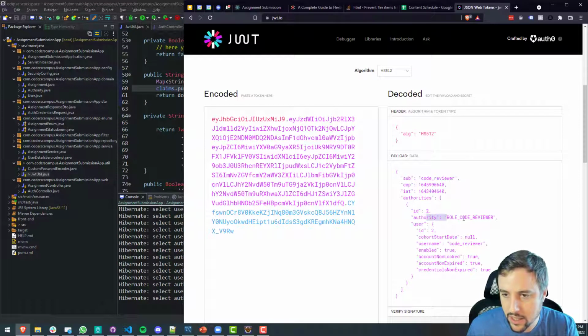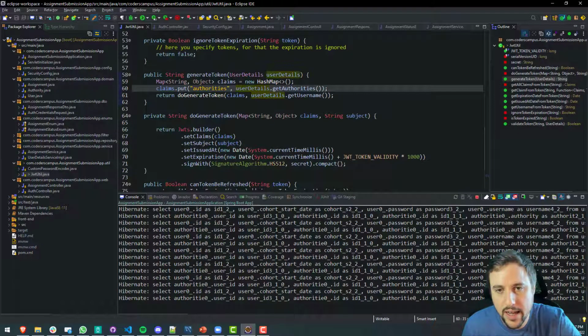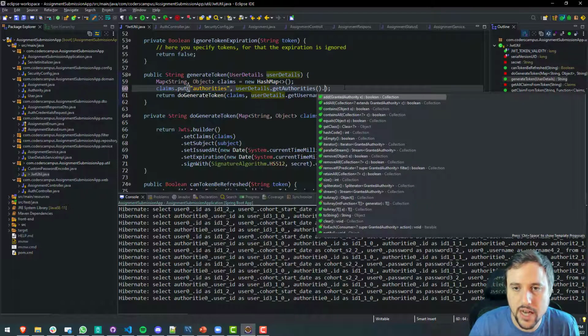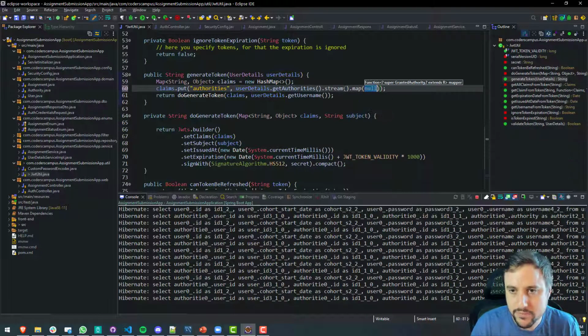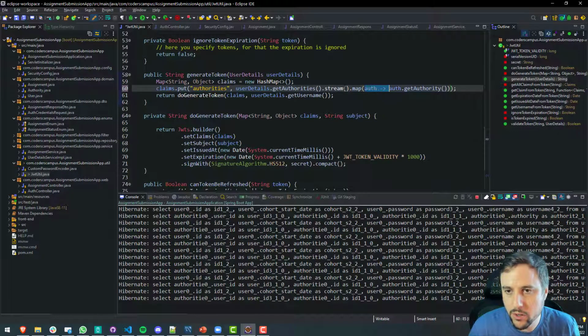So ID, authority, user. It's a bit too much. We don't need all of this information. But anyway, who knows? Maybe that is useful at some point. Really, all I cared about was the individual authority itself. So maybe what we can do is say getAuthorities().stream().map(auth -> auth.getAuthority()). Or rather, another way to write this is to say